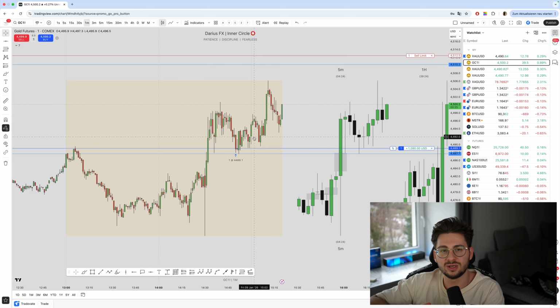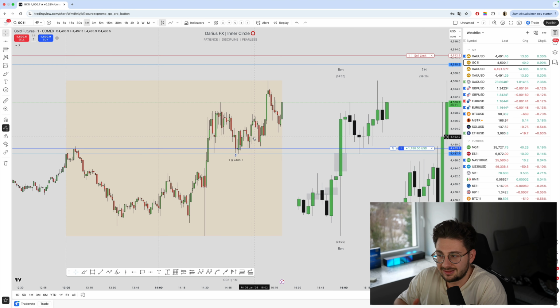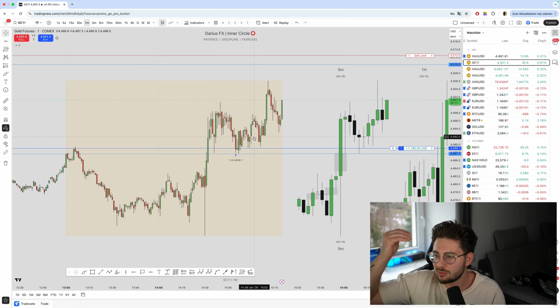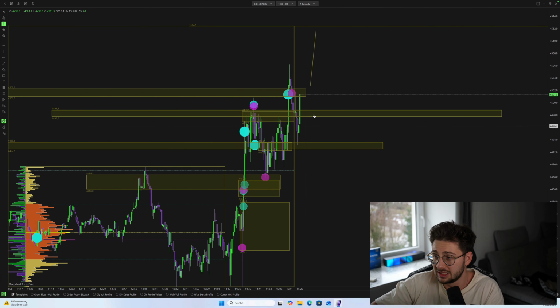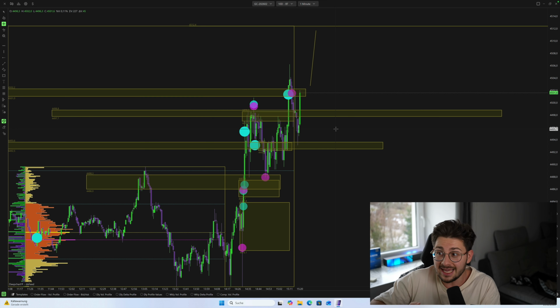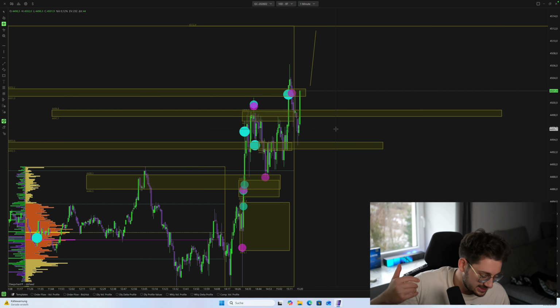And this is basically what is going to influence your psychology. People just don't get it. But this is exactly why with Orderflow, you will have a much more stable psychology all the time, because everything is backed by data. Look at this entire thing right now. Look at this accuracy, man. This is insane. For myself, when I see this, it's insane.